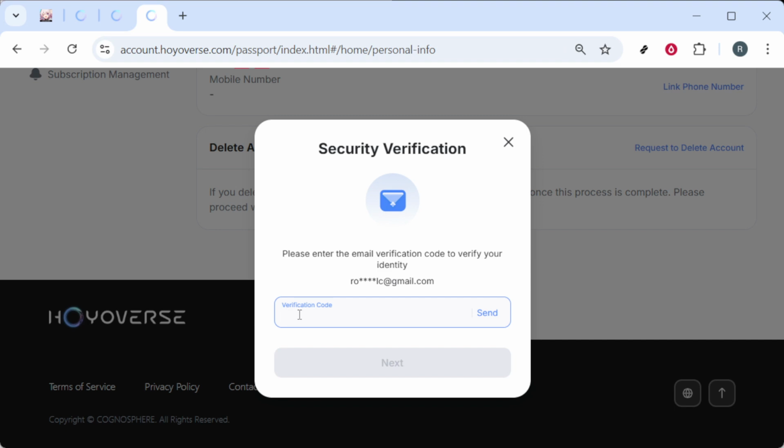Never share your codes with anyone, and keep a record of your receipts or top-ups just in case you need